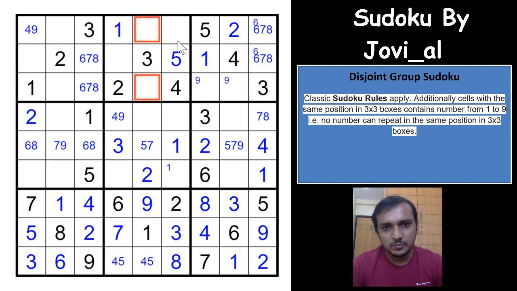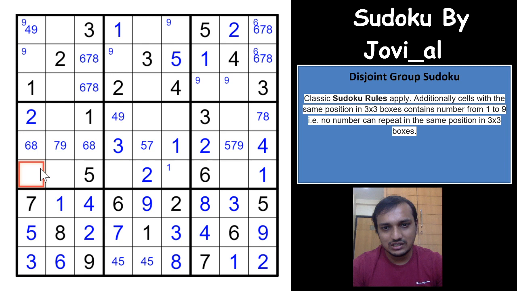Is there any possible placement of a 9? No, I don't see a 9 possible placement here. So you don't have a 9 here as well. 9 in these 3 cells. You cannot have a 9 here. So because of the 9 here, you cannot have a 9 here. So 9 would have to be in one of these two cells. That eliminates 9 from this cell.